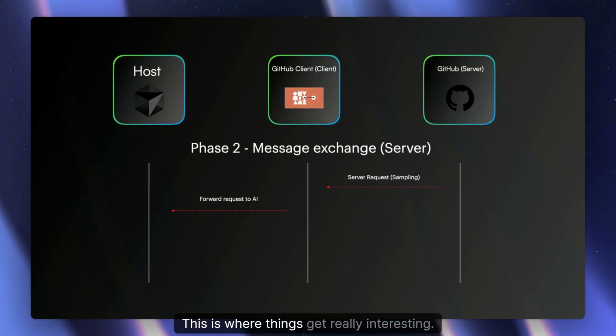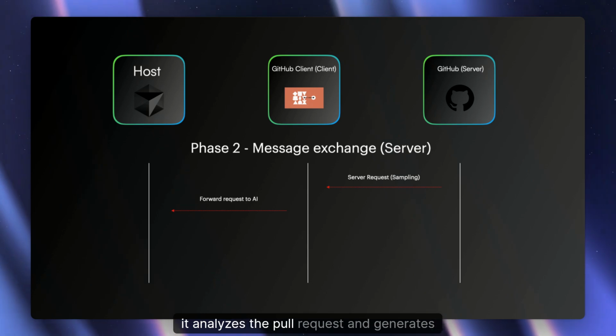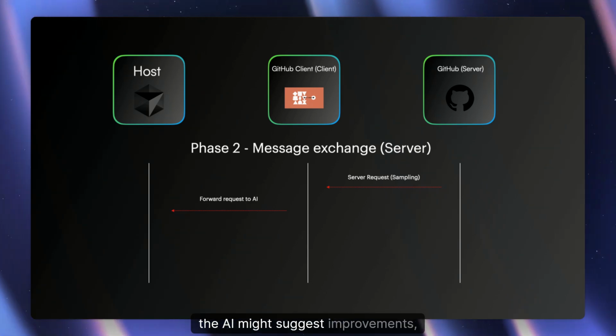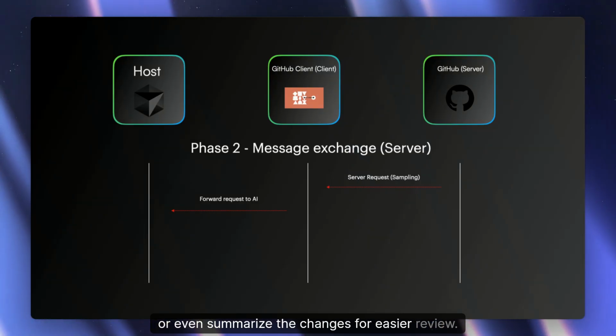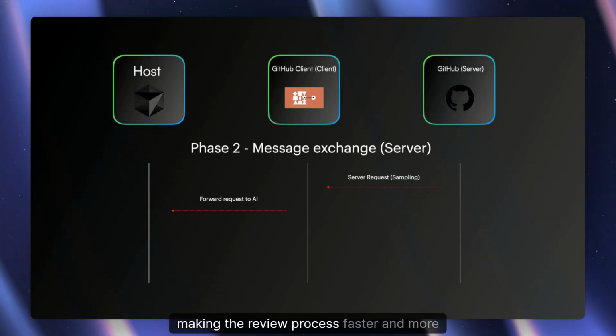Now, this is where things get really interesting. Once the AI receives the request, it analyzes the pull request and generates insight. For example, the AI might suggest improvements, flag potential issues, or even summarize the changes for easier review. So instead of manually going through lines of code, you get instant AI-powered feedback, making the review process faster